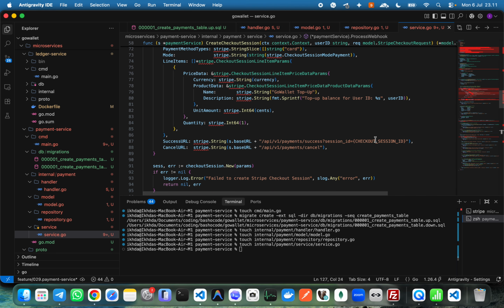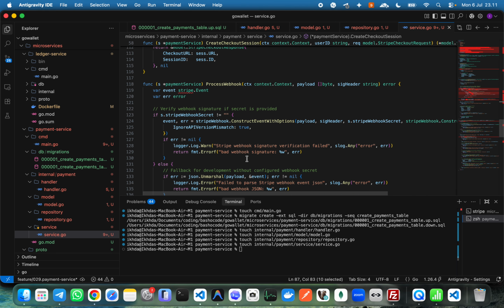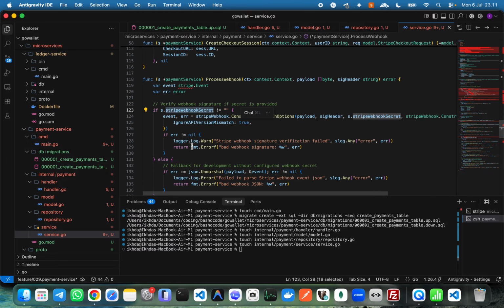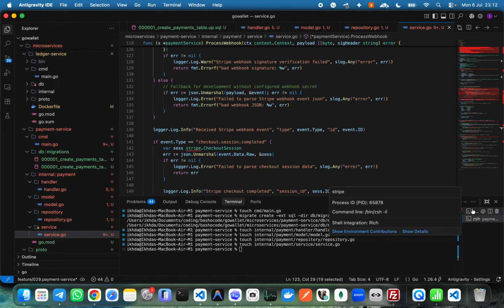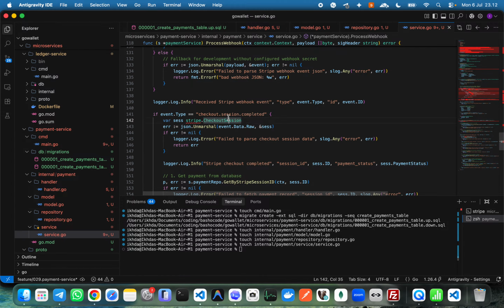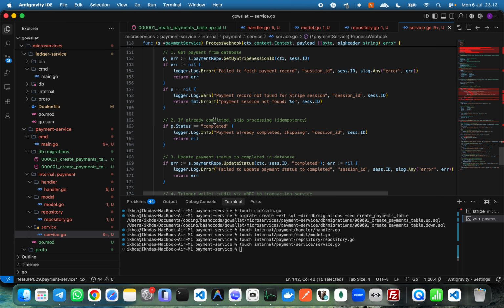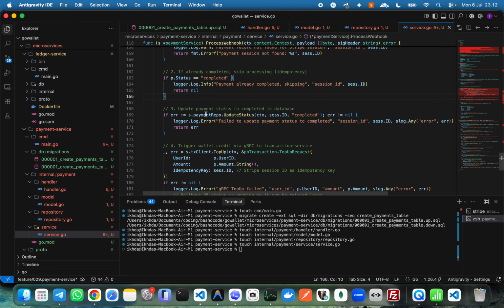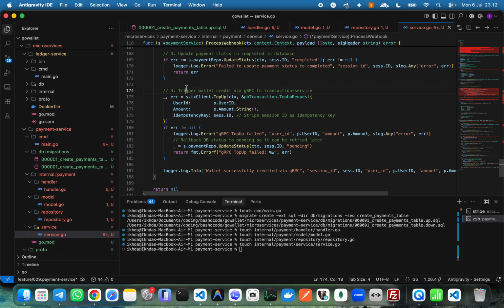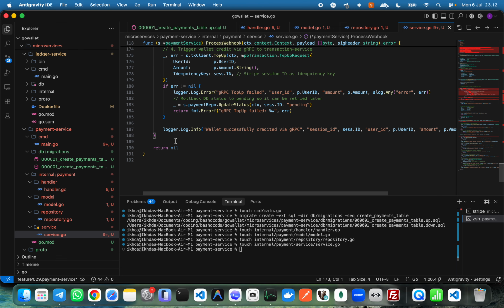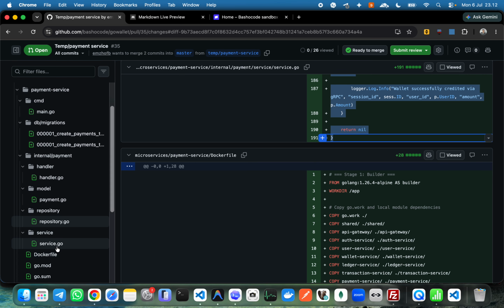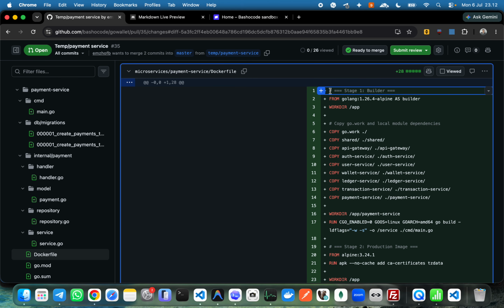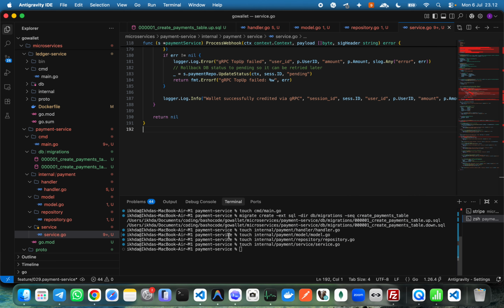Secret is coming from here, should be, yeah, session ID should be, wait, Stripe session ID or not, webhook secret. Oh wait, no, this is for the webhook secret, that is here. Then checkout session, if completed, then we update the status, and top up trigger wallet credit via gRPC for the transaction service, and then it should be good. And we create a Dockerfile, which is here, touch Dockerfile,